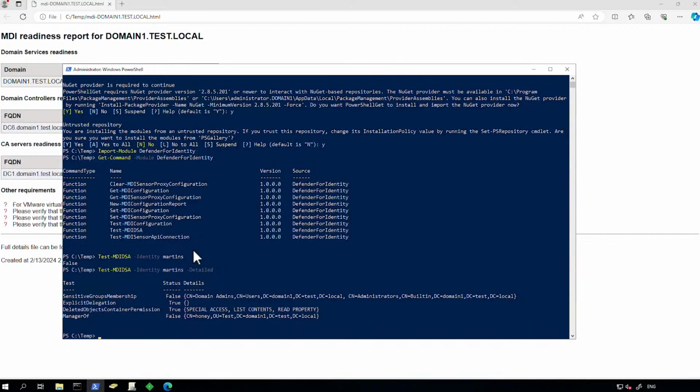So in this case that you see here, my username is not good to be used as a DSA because I am a member of a sensitive group. I'm a member of the domain admins, and this is actually too many permissions that we should be having in the first place. So instead of that, let me just run